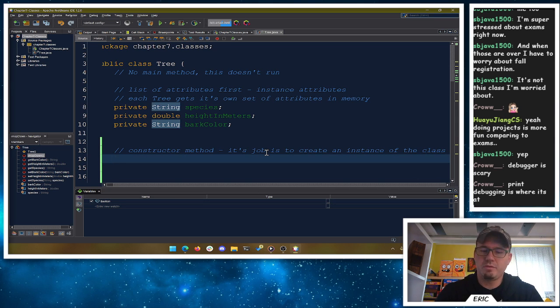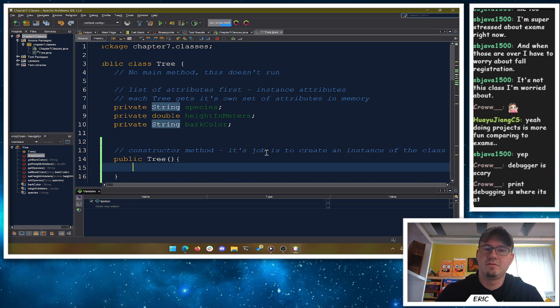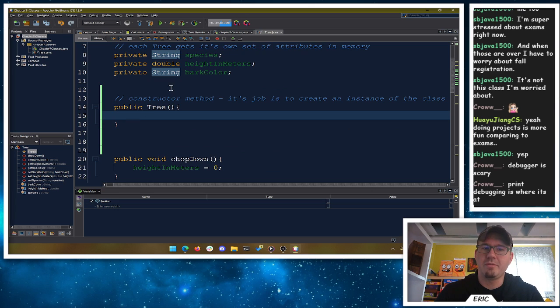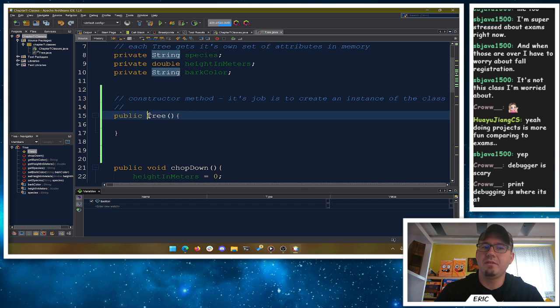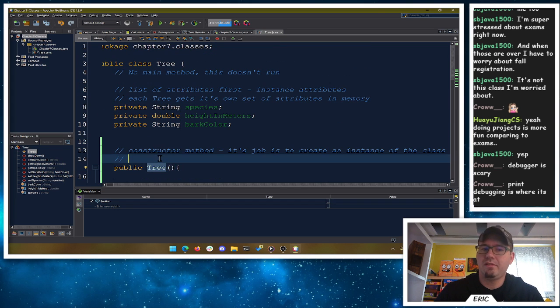So they don't have a return type. You just say public tree. Notice there's no return type here. That's how Java knows it's a constructor. And the name of it matches the name of the class.